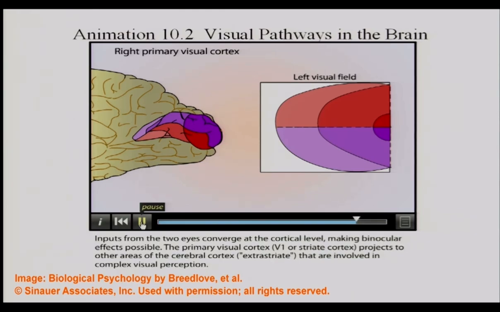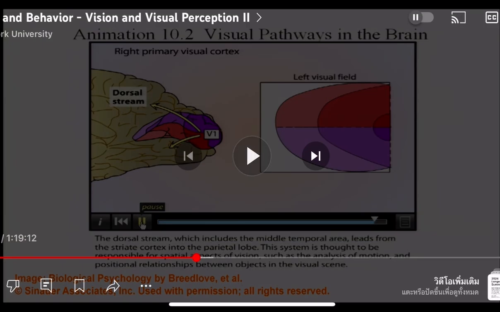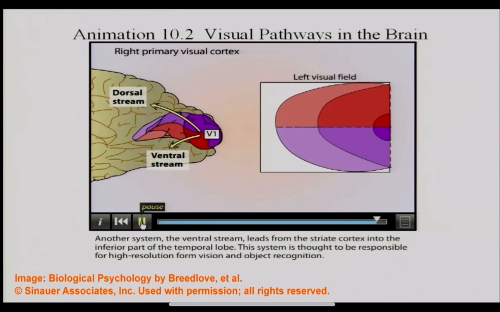The primary visual cortex, V1 or striate cortex, projects to other areas of the cerebral cortex, referred to as extrastriate, that are involved in complex visual perception. The dorsal stream, which includes the middle temporal area, leads from striate cortex into the parietal lobe. This system is thought to be responsible for spatial aspects of vision, such as the analysis of motion and positional relationships between objects in the visual scene. Another system, the ventral stream, leads from the striate cortex into the inferior part of the temporal